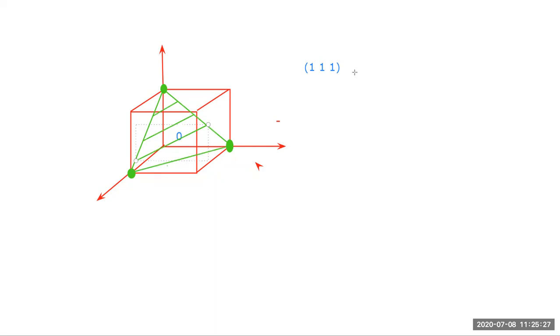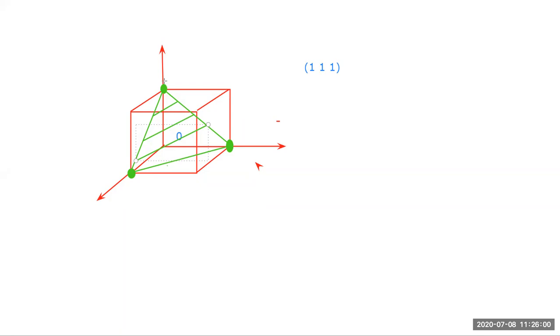In the same way, if the plane is bar 1, 1, 1, you have to shift the origin. Bar 1 means the x direction, so here is your origin and bar 1 is here. Then y is 1 here and z is here, so a triangle like this. You have to use the same principle when there is a negative sign, such as bar 1, 1, 1, or 1 bar 1, 1, or 1, 1 bar 1.